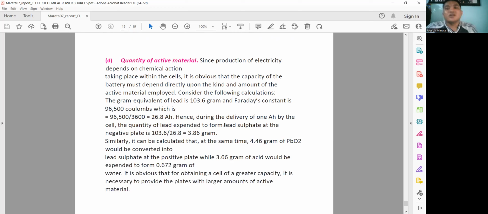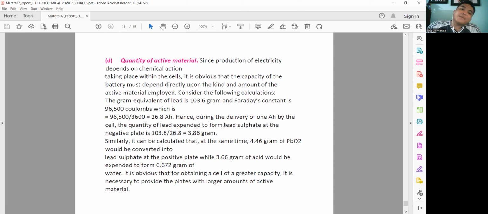Since production of electricity depends on chemical action taking place within the cell, it is obvious that the capacity of the battery must depend directly upon the kind and amount of the active material employed. Consider the following calculation. The gram equivalent of lead is 103.6 grams and Faraday's constant is 96,500 coulombs, 96,500 divided by 3,600, which is equal to